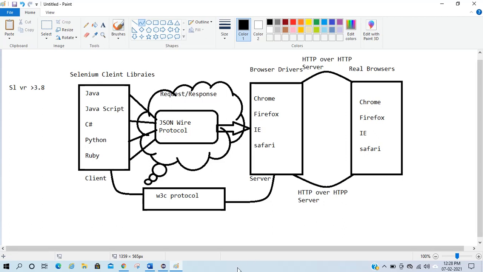So this extra gap is removed by the W3C protocol. All my browsers, Chrome, Firefox, IE, Safari, are already W3C compatible. And we have moved the Selenium client libraries also to the W3C protocol. So the benefit is we will be communicating more stably with my browser. Note again here that all my APIs, not binaries, sorry guys,